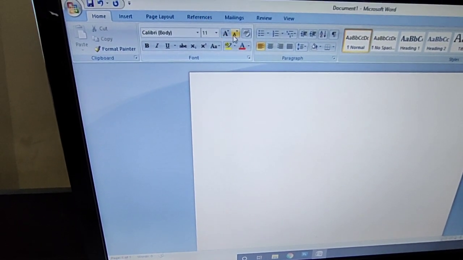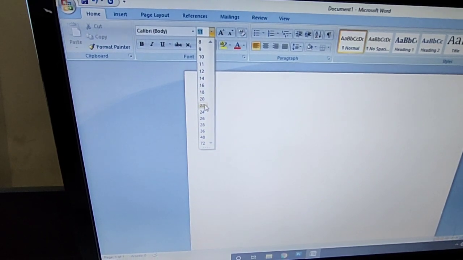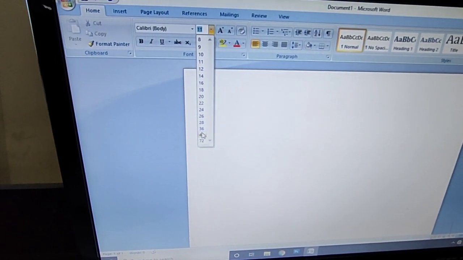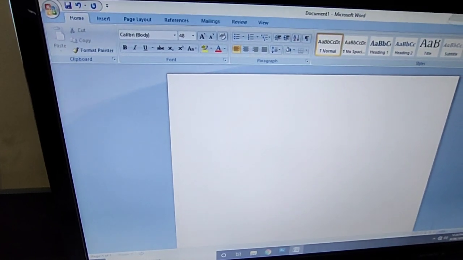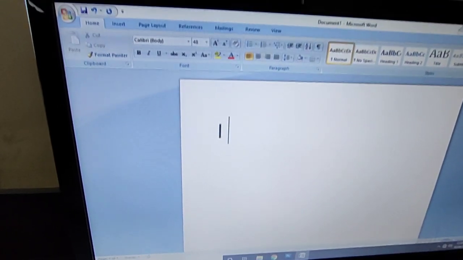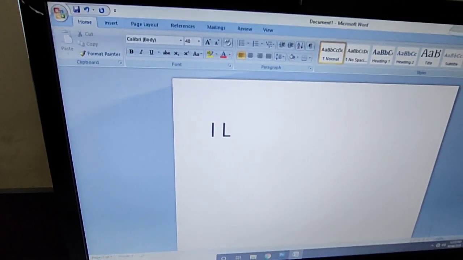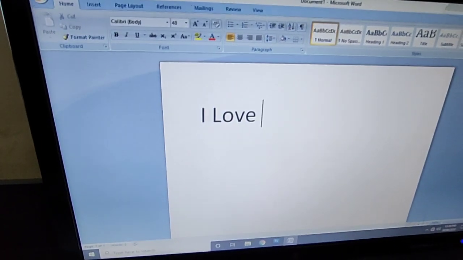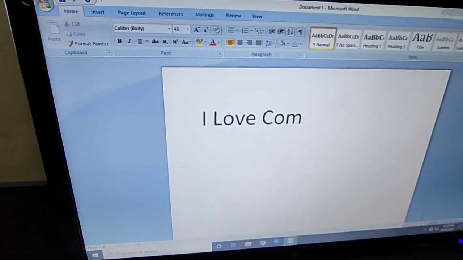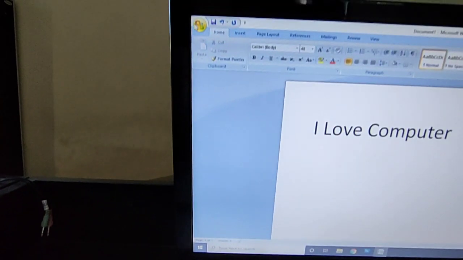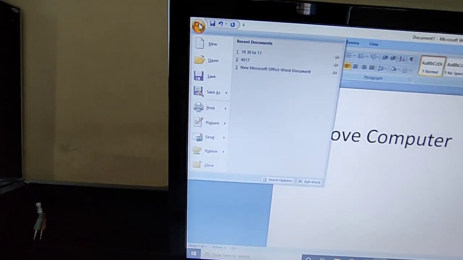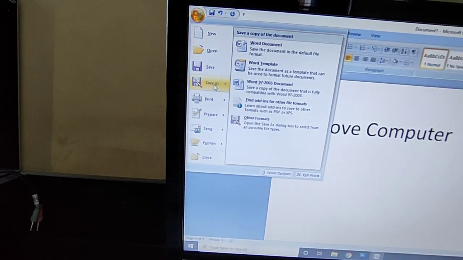First I increase my font size to 48. I love computer. Okay, now I am going to save my file. Simply Save As.